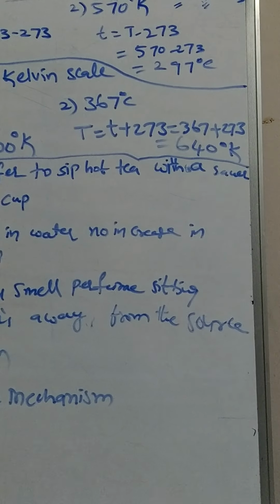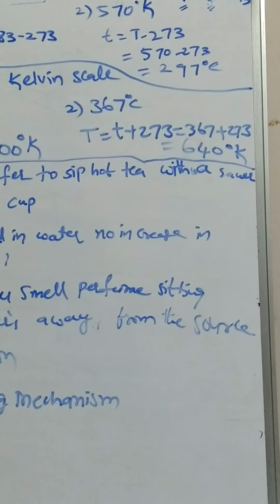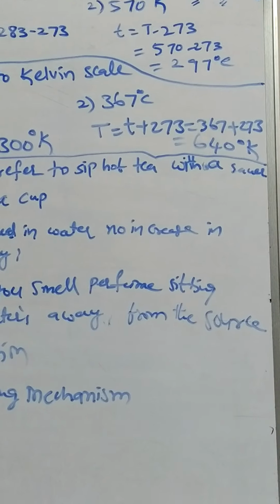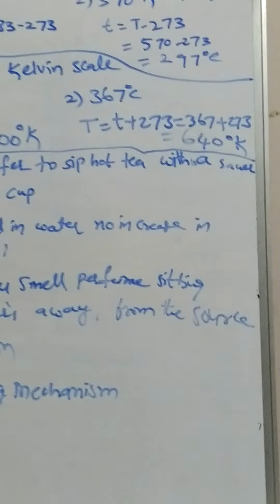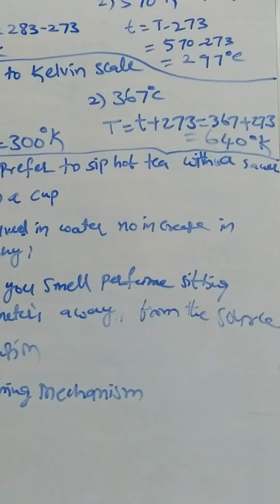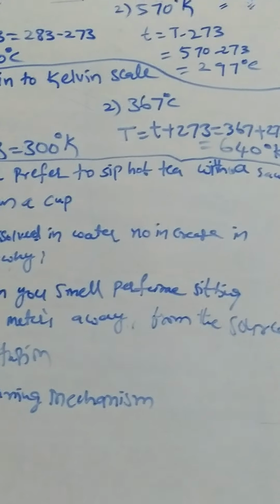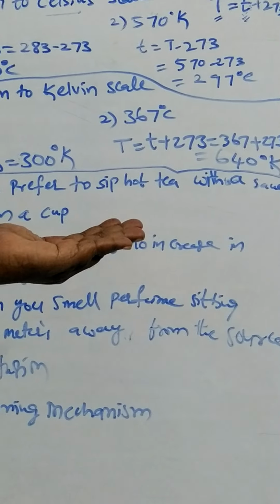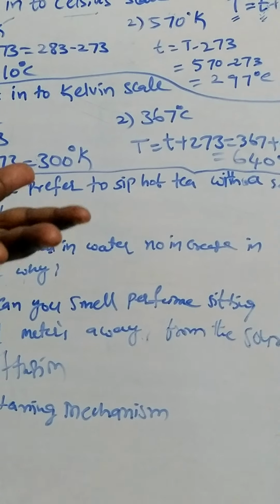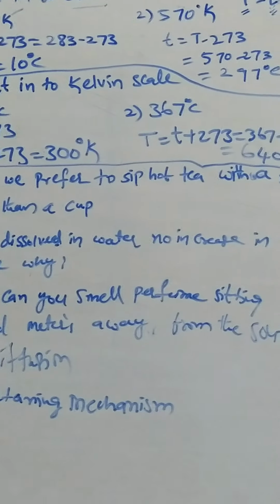So what you will do, you will pour the entire coffee or tea in a saucer and drink it fast. Why not drink directly from the cup? See, in the last class I told you that evaporation depends upon surface area. So if the matter is exposed to more area, what happens? The particles on the surface get sufficient energy.